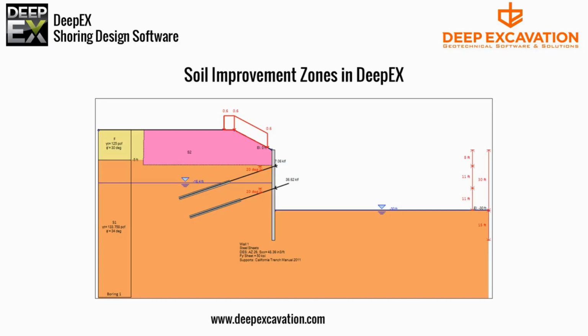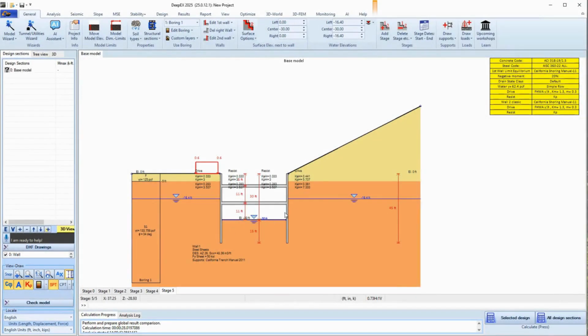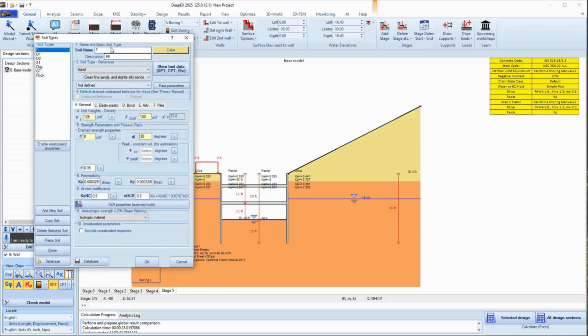Welcome. In this video, we will show you how to use soil improvement zones in DeepEX software. In DeepEX, we can draw soil zones directly on the model area in any construction stage and apply any soil type. We have created a 30 feet deep excavation model with 2 levels of struts and an inclined surface, including